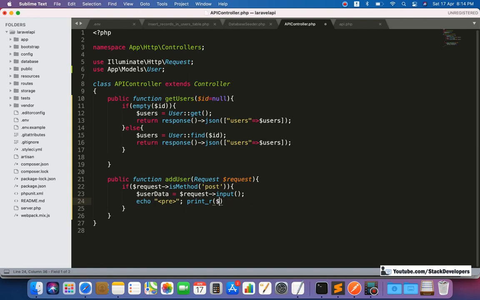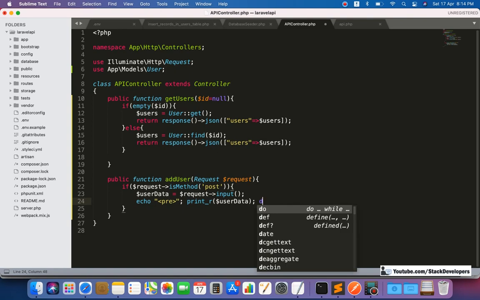First of all, we are going to check whether the data is coming fine from the API or not.